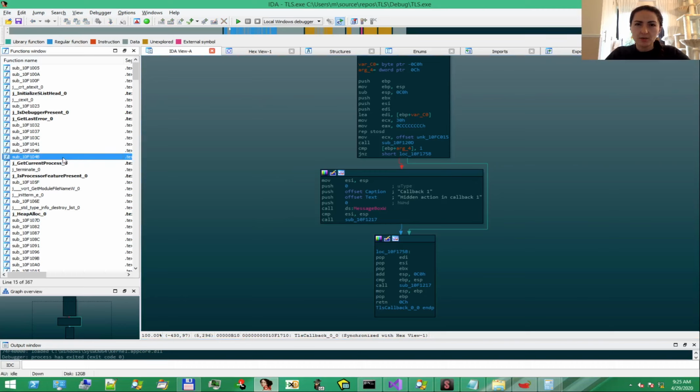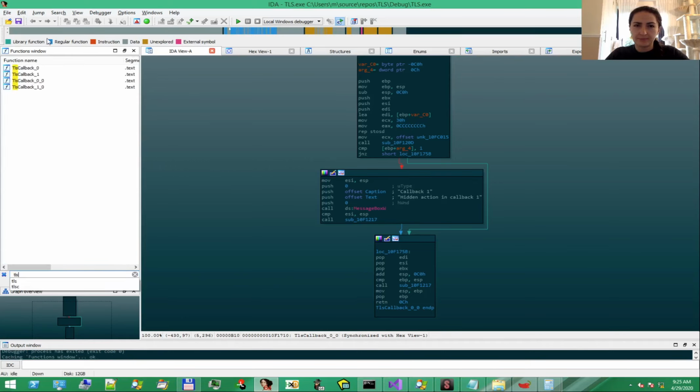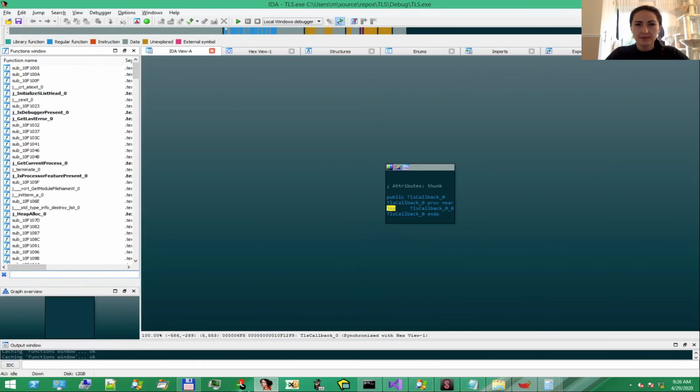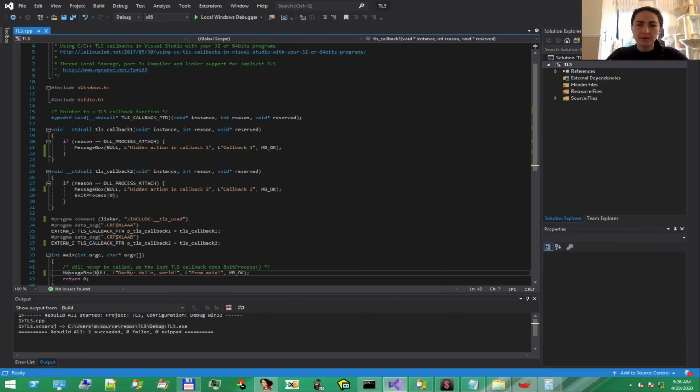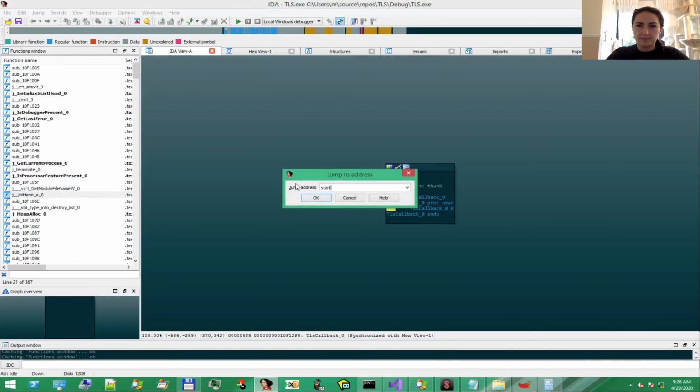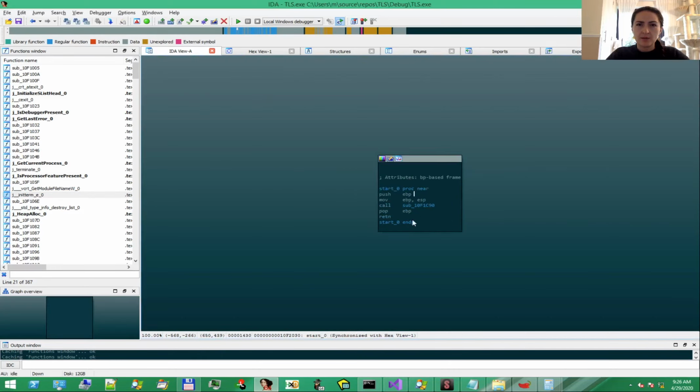Another option is to use the function list on the left and search for TLS with Ctrl F. And we have 4 functions, 2 of them are wrappers over the other 2. If you're curious, let's also locate the decoy code of the main function. We'll see that it is not in the start function we've seen before. So what's happening? No message box here.